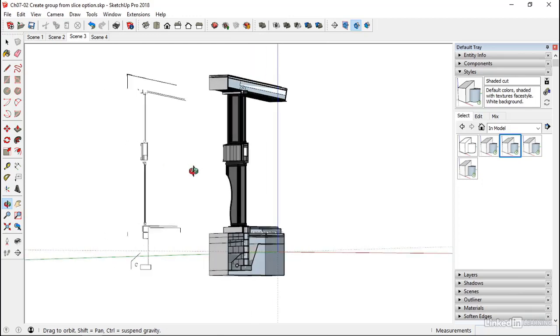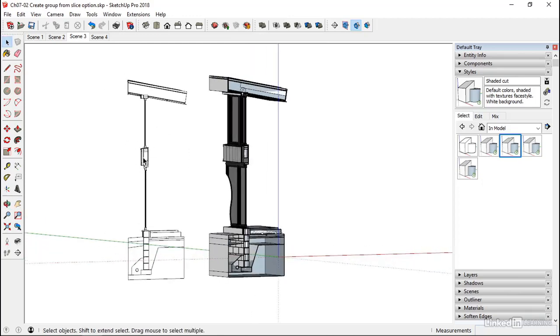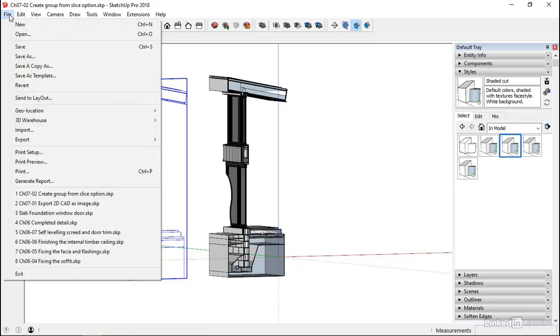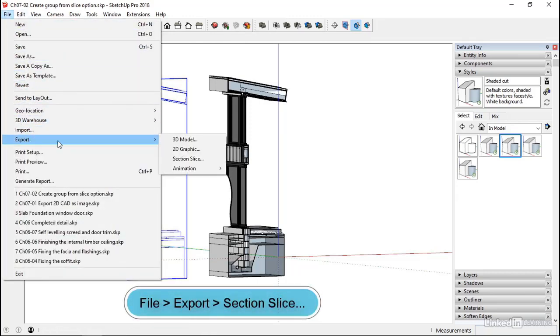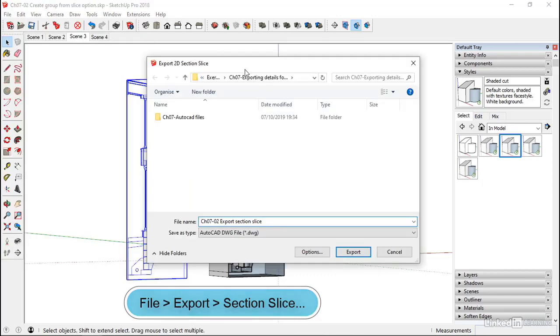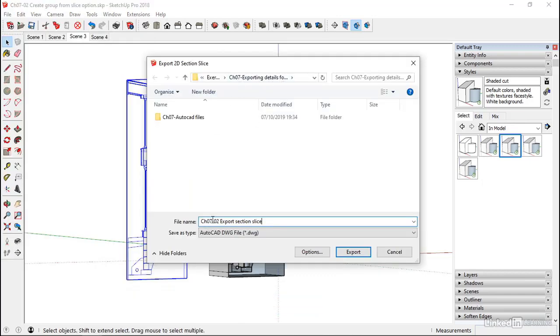If I just want to pick up the section information, then I can use that. Okay, and I could then go to File, Export, Section Slice, go into my Chapter 7 folder, and I just renamed this Chapter 702 Export Section Slice. And then under my options,